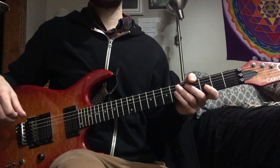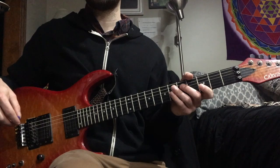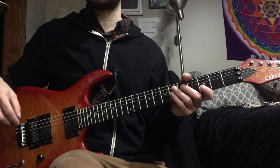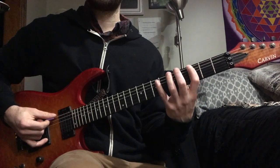This one is a little bit tricky, and I don't find myself using it very often, but I think it is a good one for helping you get a better understanding of playing the whole tone scale through a lot of different areas of the neck and just getting more and more comfortable with different fingerings of it, because I found that with scales like this, you can get really comfortable just doing the kind of